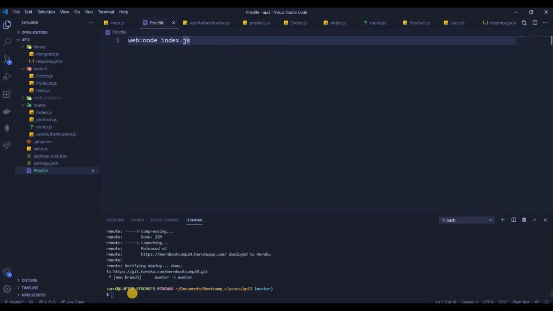Okay. So we'll go ahead and do this, and then we'll do git add, git commit. We'll just write Procfile, and then git push heroku master.